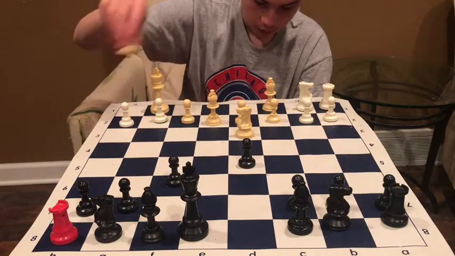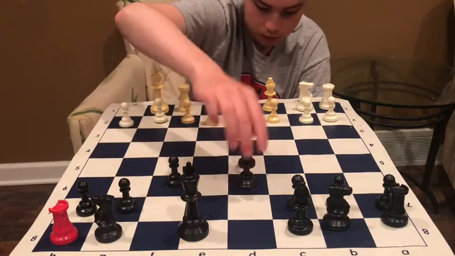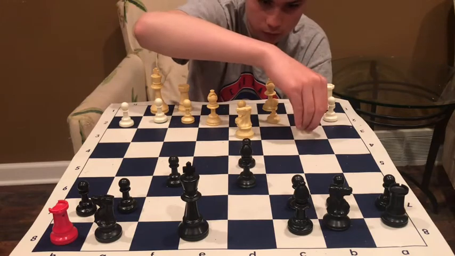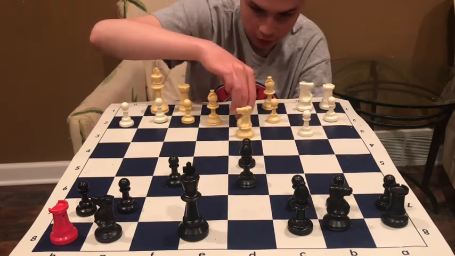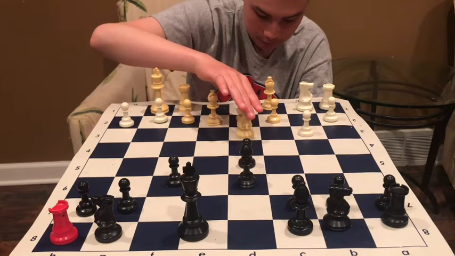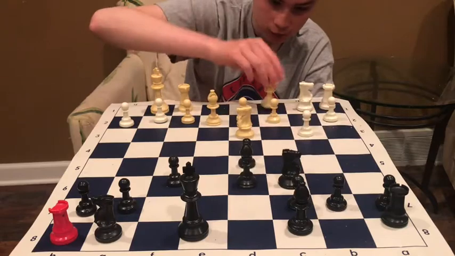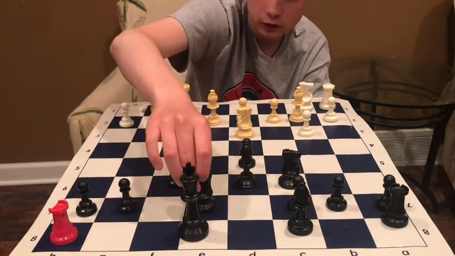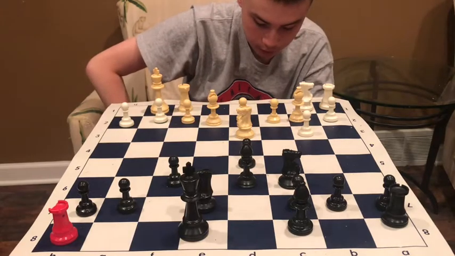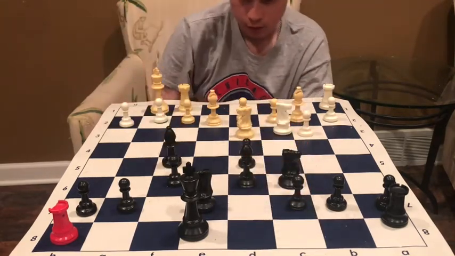Castles, bishop d6, b3. He wants to develop his bishop here because his pawn is blocked by the knight. So knight c6, develop the queen side. Bishop e2, knight g7 to develop the king side. Knight c3, bishop f5. We can see here